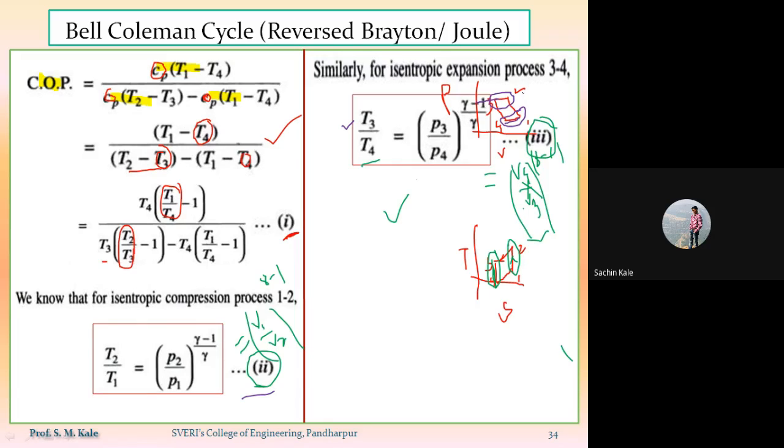That means here the value of P2 is equal to the value of P3 and the value of P4 is equal to the value of P1. So since process 2 to 3 and process 4 to 1 both are constant pressure processes, that's why I can write P2 is equal to P3 and P1 is equal to P4. Now here if I am going to put P2 instead of P3